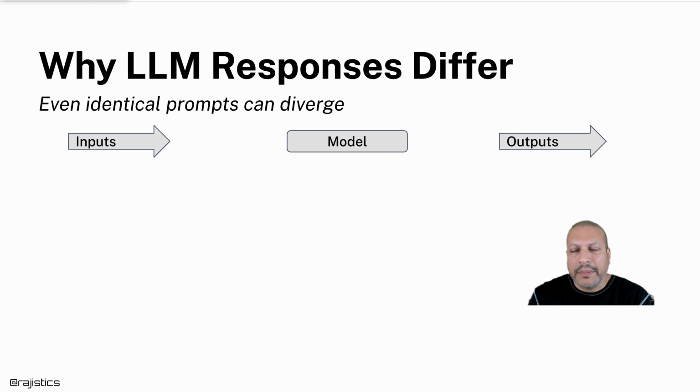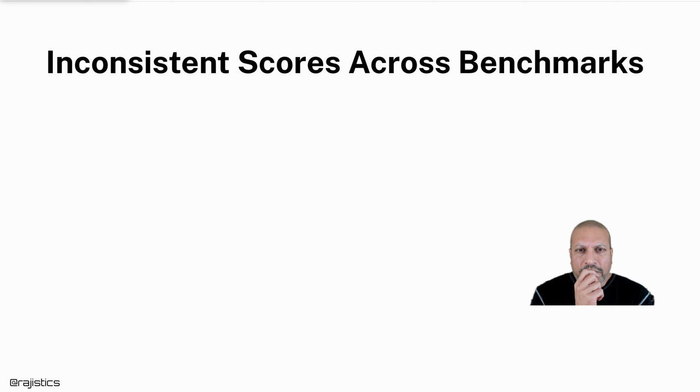And I want to break this up because there's a lot of places where this happens. And we're going to just systematically go through it. We'll talk about inputs, the model, and then output. So the first thing is